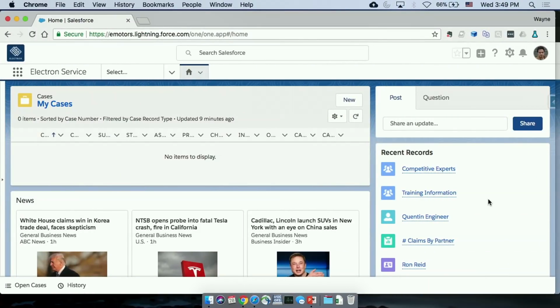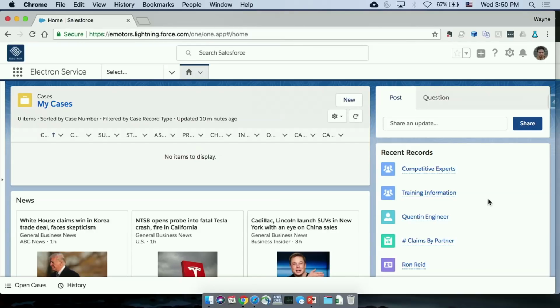Right now, I'm going to take you into the world of Electron Motors Service Department. I am the awesome admin at Electron Motors, and currently we're looking at the Electron Service app, more specifically the homepage for Sam. Sam's the VP of the service department, and I just got an email from Sam indicating that he wants a more customized homepage. He wants to be able to see a summary of how his service department is running on the homepage. He also wants to see at any given point in time how many technicians are available to work on